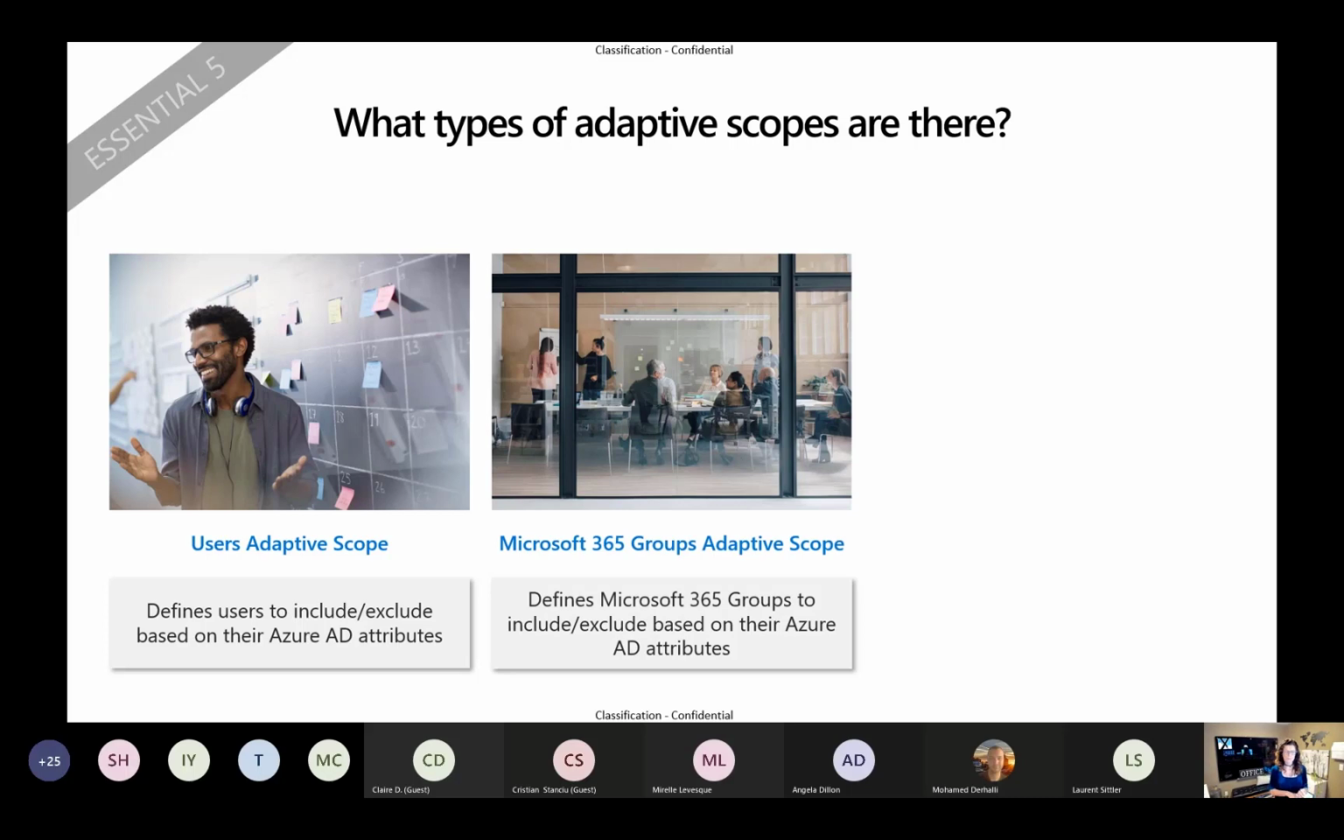You can have a Microsoft 365 Groups adaptive scope, also based on Azure AD attributes, particularly if you have a groups provisioning process where you are setting custom attributes, let's say, for region or country or department. You could leverage that and have an adaptive scope just